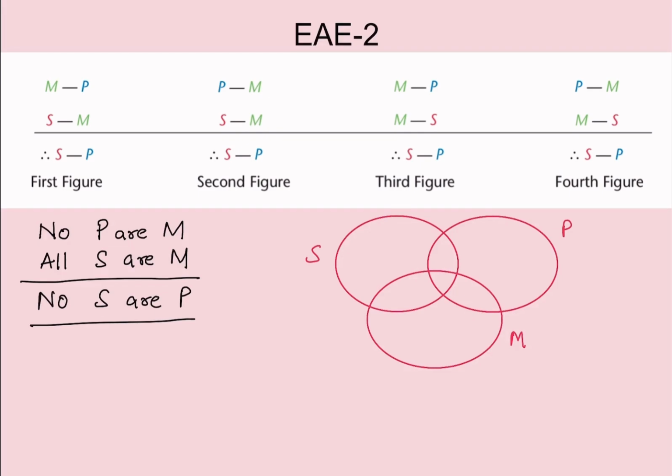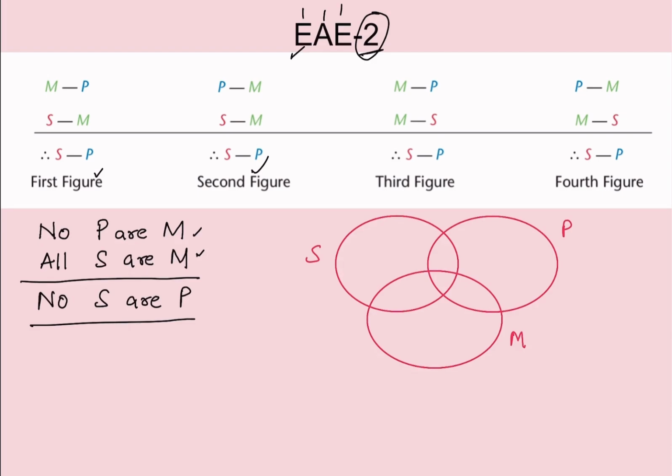So the first one is, you should know what this 2 stands for, what E, what A and what I, O stand for. So E is preposition no, A वाले में all आपका use होता है, E में again no use होता है. So this is the second figure. So this is the first figure, this is the second figure. So you have to identify the position of the middle term. So you can see the middle term is here. So अब उसके basis पे let's solve some questions.